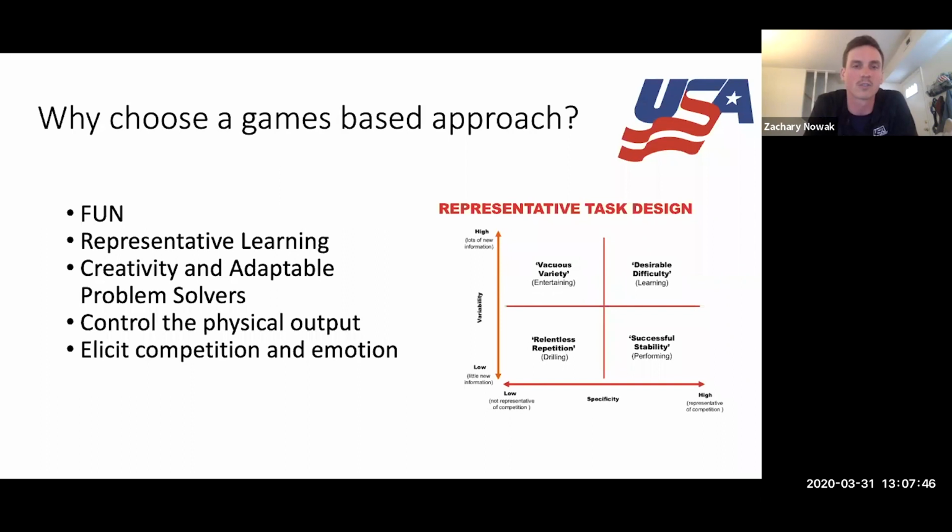As a coach, you can also control their physical output. So if you're doing 3-on-3s or 2-on-2s or 4-on-4s, you can have them going every 4th shift, every 3rd shift. If it's a lot of transition or a lot of in zone, you can control their physical output from game to game. And the last one I really like is elicit competition and emotion. All right, so I want my players practicing under the emotion and the stresses of competition. So typically when we do a full game practice, which we play games about 90% of the time, we'll do 4 15-minute games.